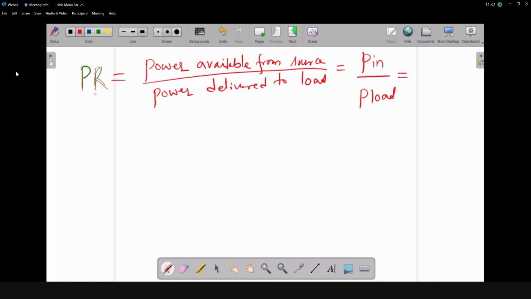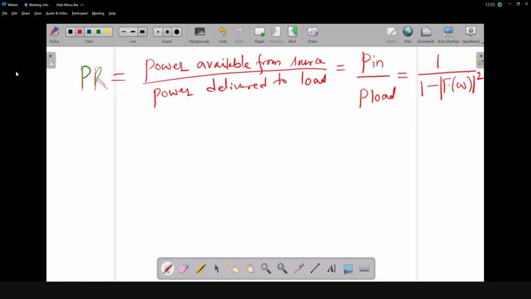Okay, so we were discussing the power loss ratio. The power loss ratio is the power available from the source divided by the power delivered to the load, so this is P_in by P_load. We can also express this in terms of the reflection coefficient, which is a function of the frequency. That is, 1 over 1 minus the magnitude of gamma of omega, whole squared. We will take the magnitude only. The phase response we'll see later, but we generally take the magnitude response.